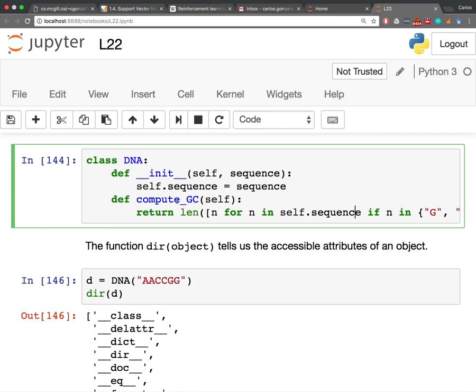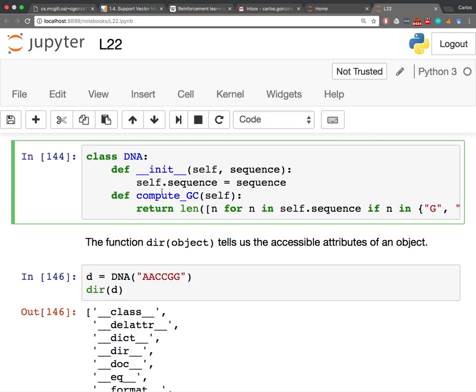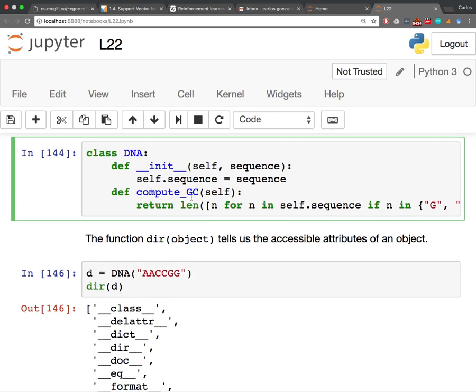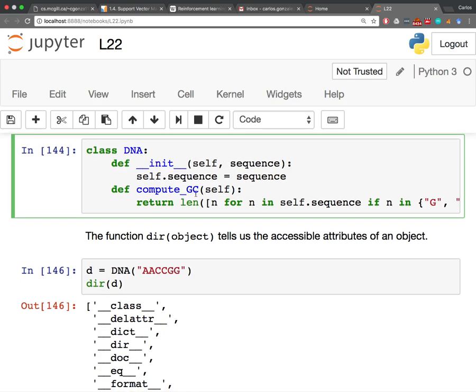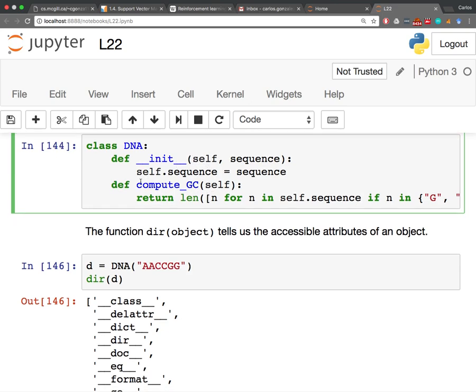So once you're done with your init, you can add any number of functions you want. For example, if I want to compute the GC content of this DNA sequence, which is something people are typically interested in, which is just the fraction, the proportion, of the letters in the DNA that are G or C. If I have all Gs or Cs, then I would have 1, as in 100%, or if I had all As and Ts, I would have 0 GC content. So if this is something I'm interested in computing for my DNA sequences, I can just define it as